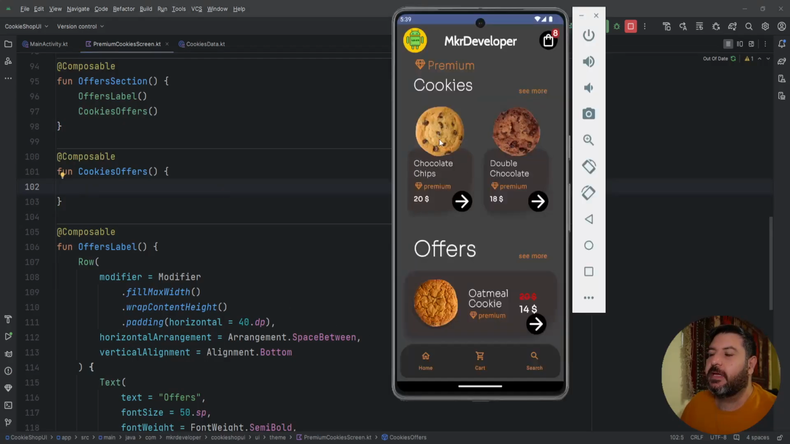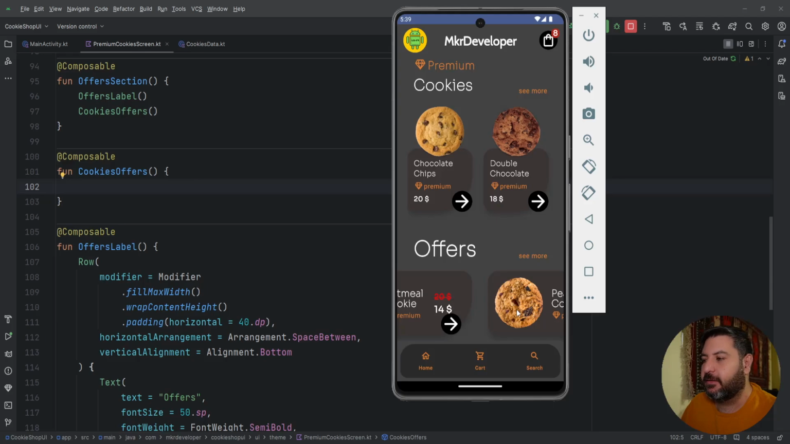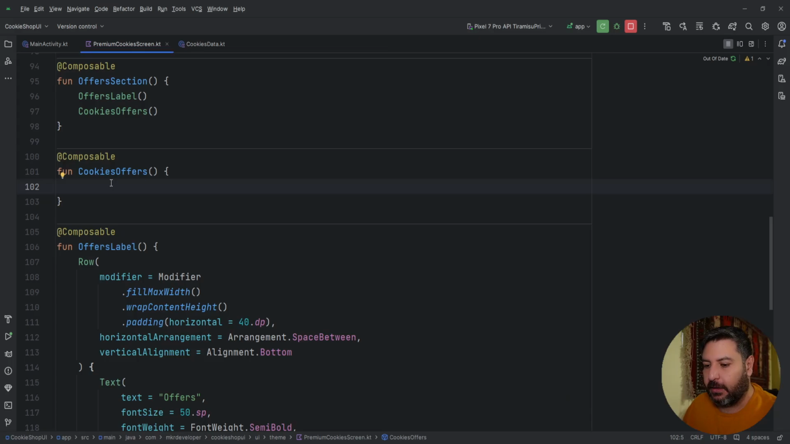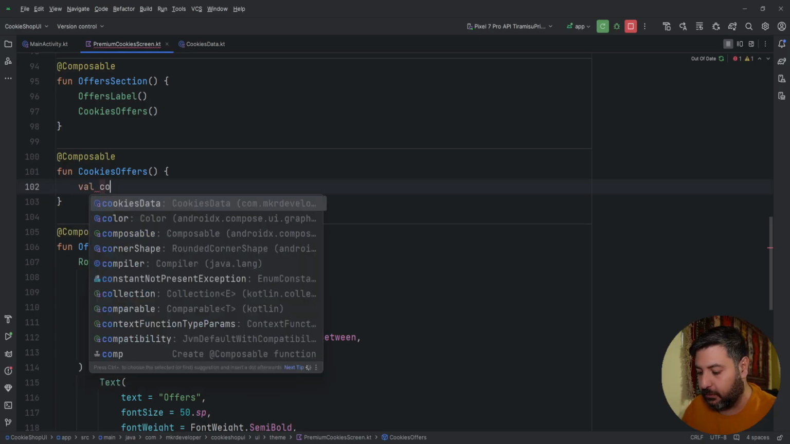Again, the same as we had here. We will have a list out of the data that we want to send to this card builder. We will have a LazyRow, and as the item of the LazyRow, we will create another composable to have this layout in it. Let's create it. Here, value, calling it